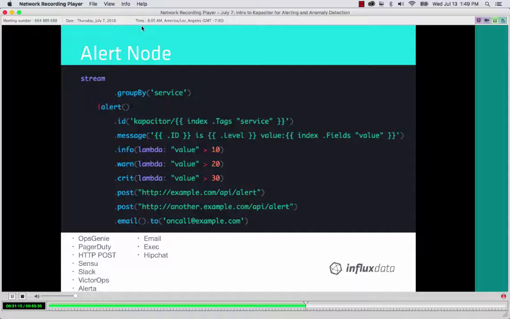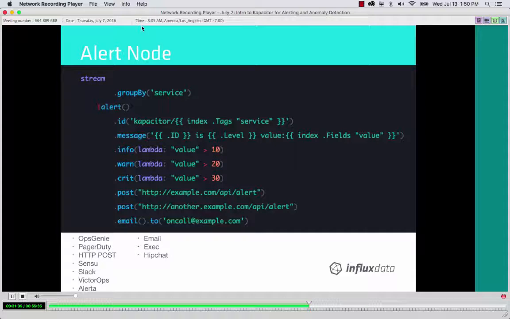And then beneath it, we have 3 sort of levels, alert levels. You have info level, warn level, and critical level. So if value is ever greater than 10, you want to issue an info alert. If value is ever greater than 20, you want to issue a warning alert. And then if it's ever greater than 30, issue a critical alert. And